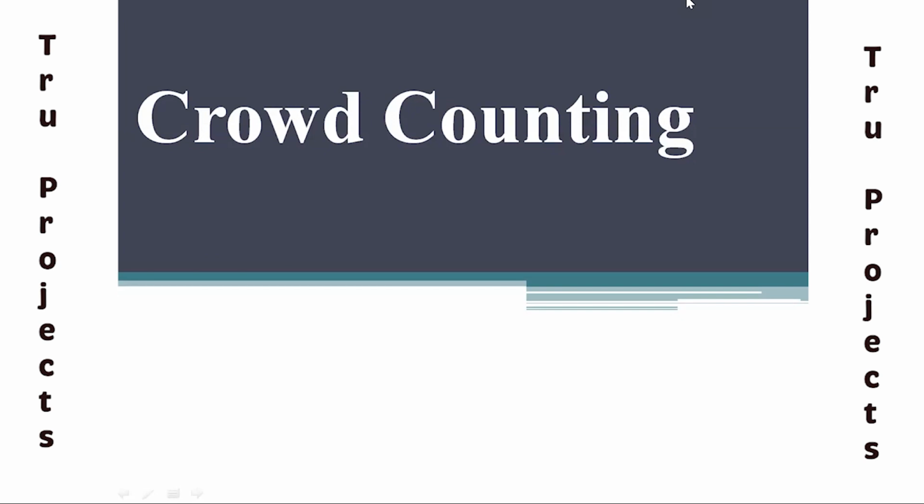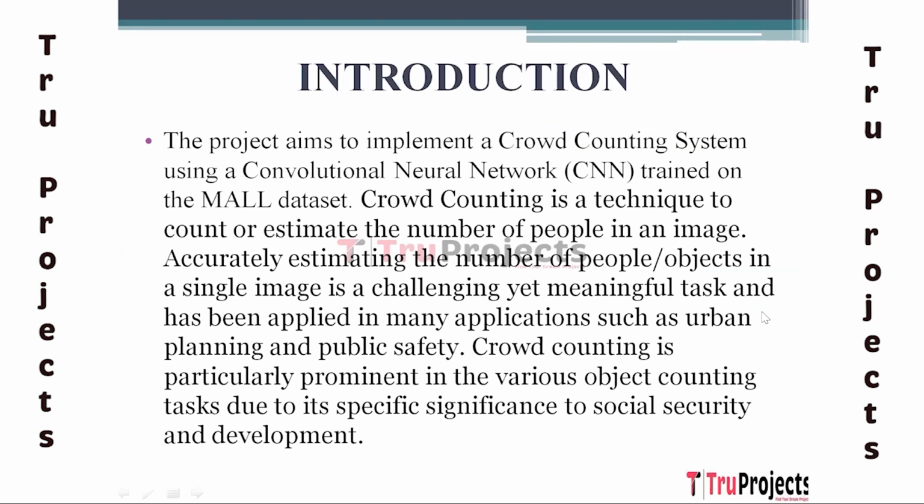Projects. In this video, we are going to explain about crowd counting. Introduction. The project's goal is to develop a crowd counting system based on a convolutional neural network CNN trained on the MALL dataset. Crowd counting is a method of counting or estimating the number of individuals in a photograph. Estimating the number of people or objects in a single photograph is a difficult but important task that has been used in numerous applications such as urban planning and public safety. Crowd counting is very prominent in the numerous object counting jobs because of its particular importance to social security and